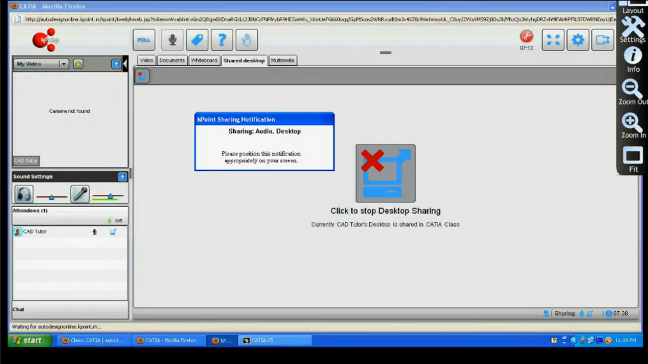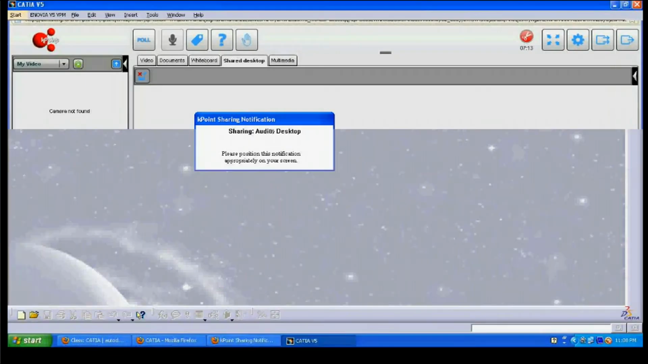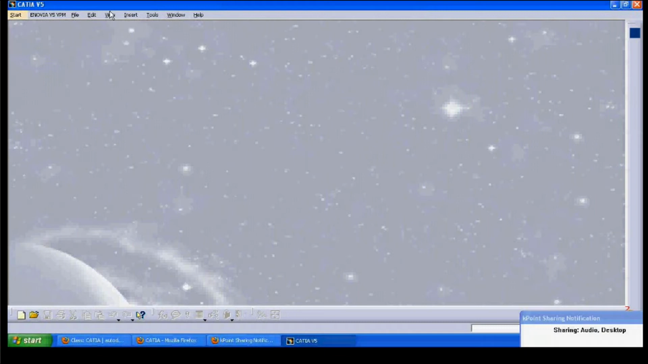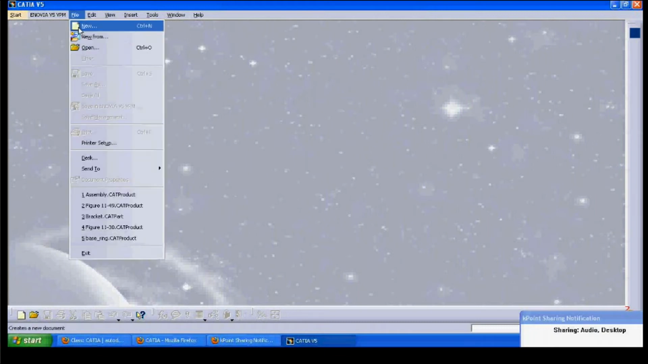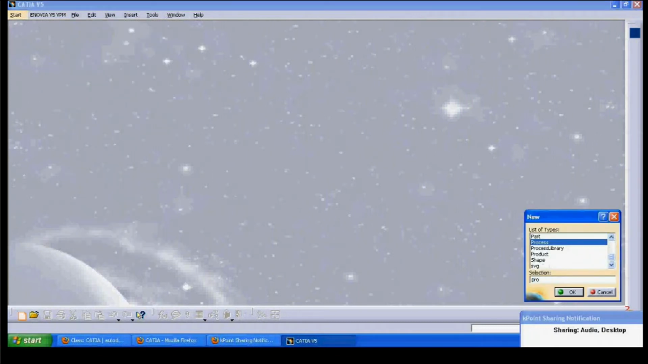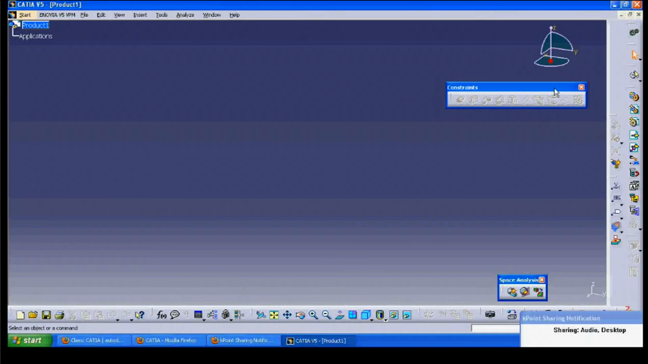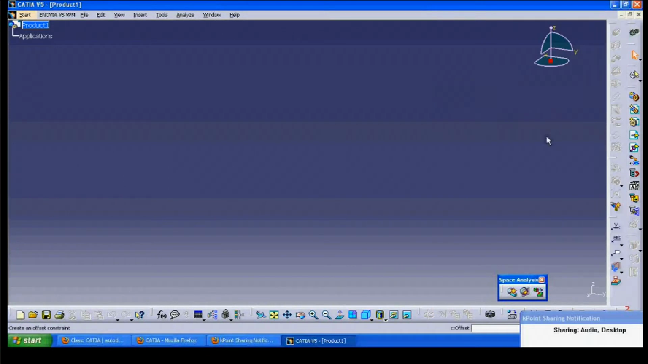CATIA. So here CATIA is open. Now I will open a new document, product, and the product is opened. First of all, insert object, existing component, select the product into which you want to insert the existing component,